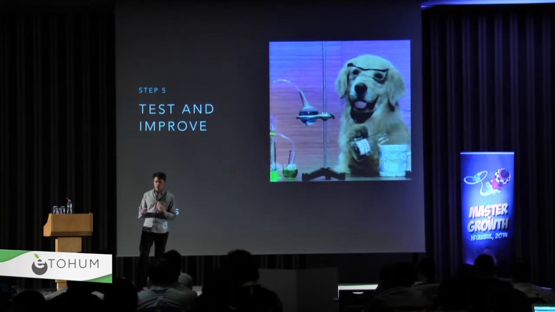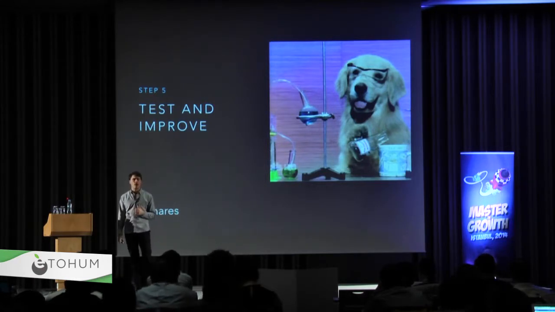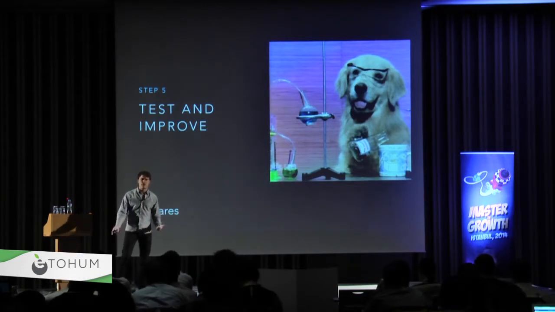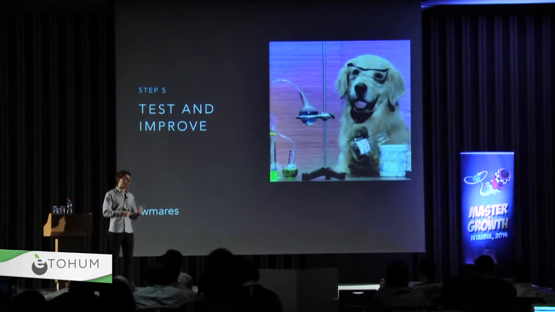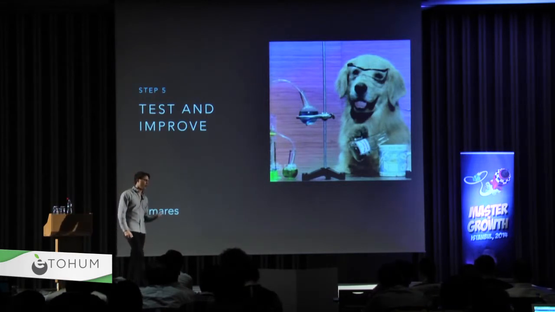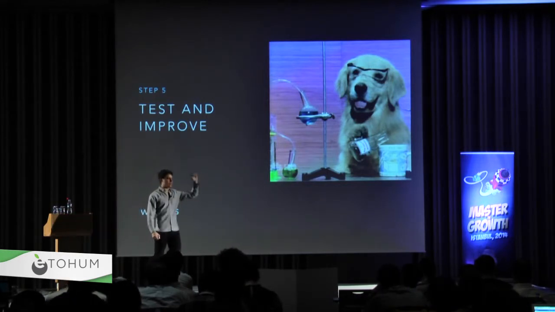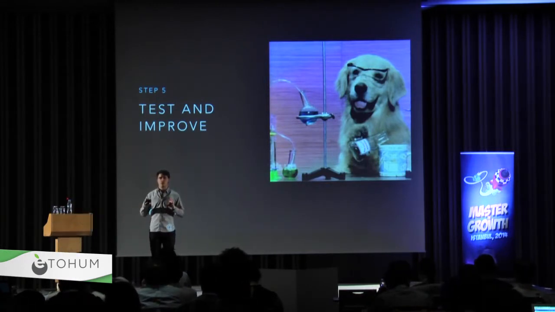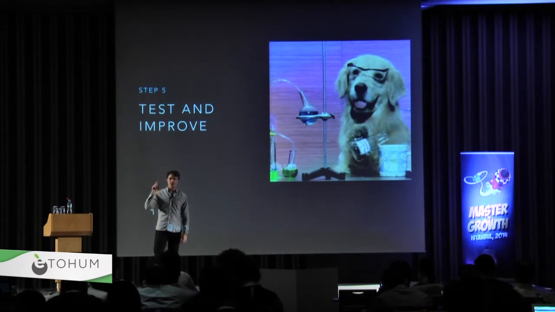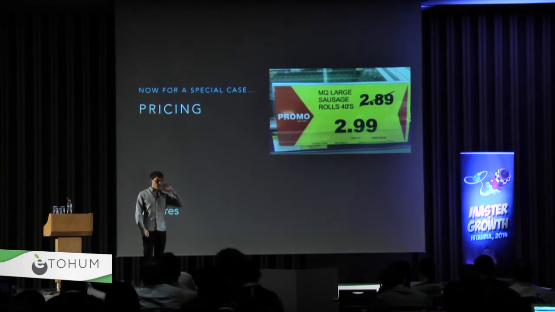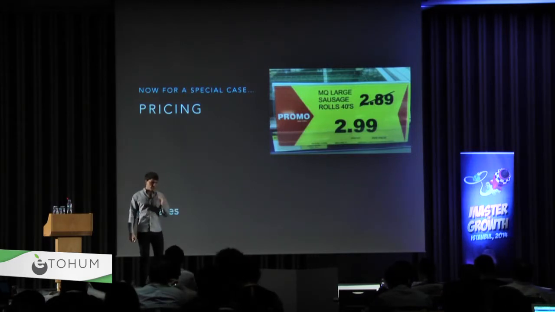Other things that are worth testing, but that I won't get too in-depth on because I still need to cover pricing: lifecycle emails are amazing. I'm sure you guys have heard of them. Basically, someone signs up for your product, and over the next 30 days, 20 days, 14 days, whatever, they get a series of emails saying, here's what we're doing. We saw that you did this step but failed to do this step. Here's how you do the next step. They work really well. They're worth their weight in gold. Highly recommend doing them. So that is testing and improving. That is a 5-step process. I'll review it again at the end.